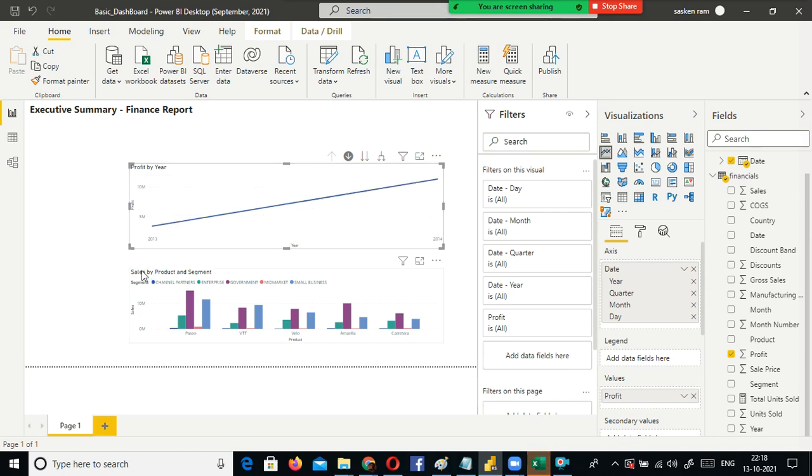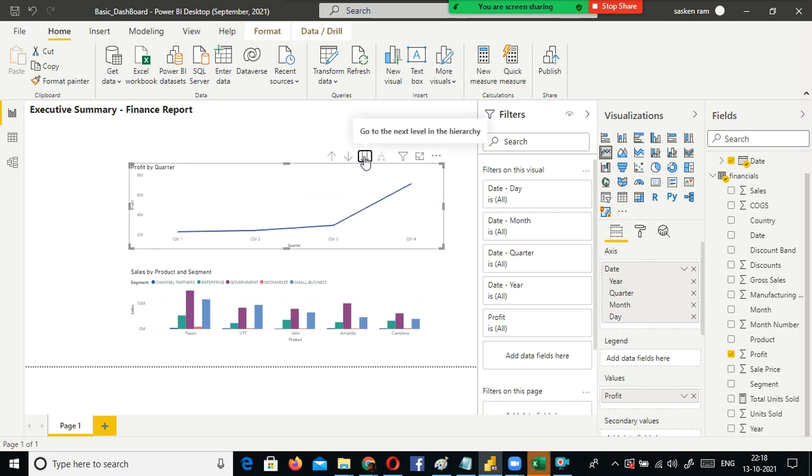So here I have 2013 and 2014. We could see that, right? Likewise, this is what drill up is. If you want to drill down also, it is possible. So you need to define the hierarchy like this. Once you create the hierarchy, you can do it like this. So this is your quarter. Next level is month. You understood, right?